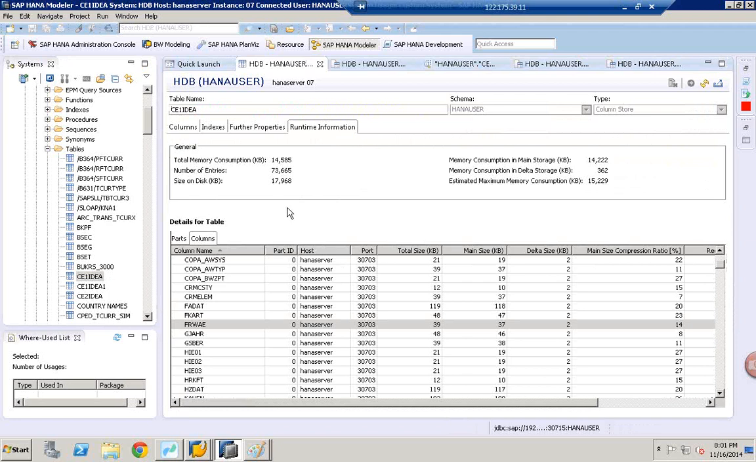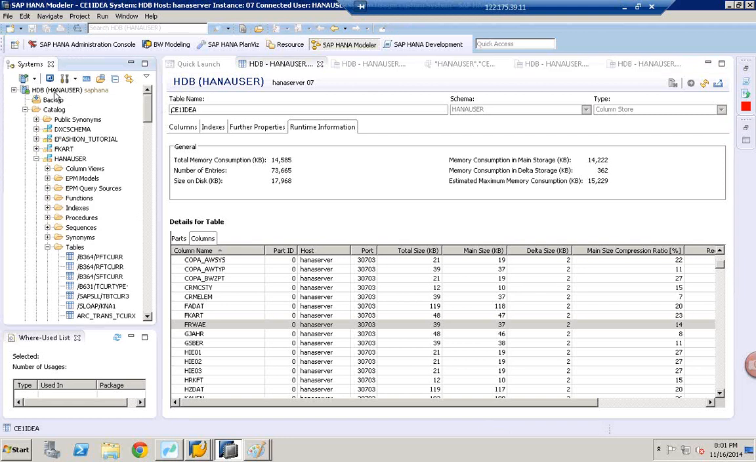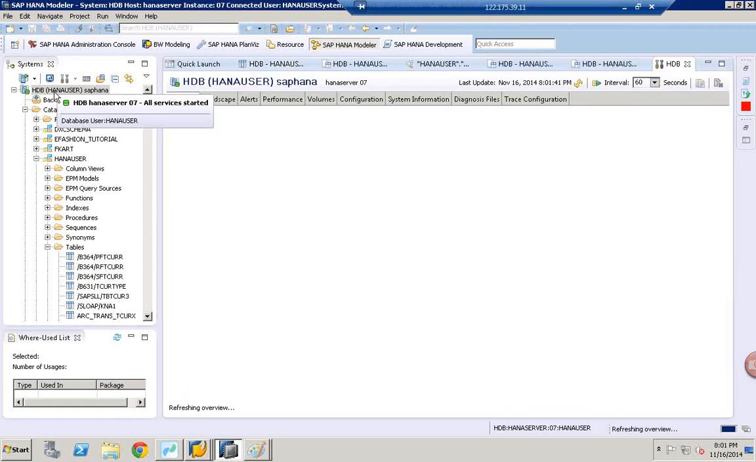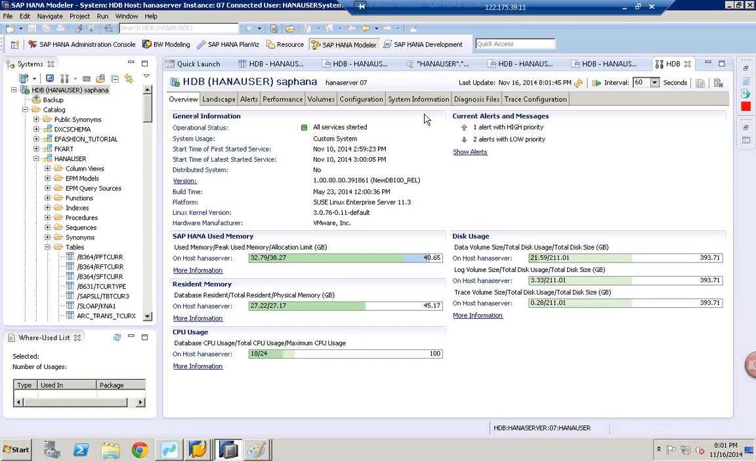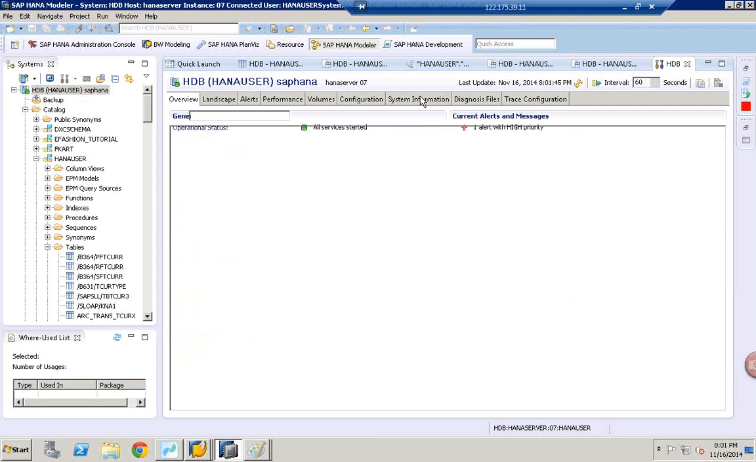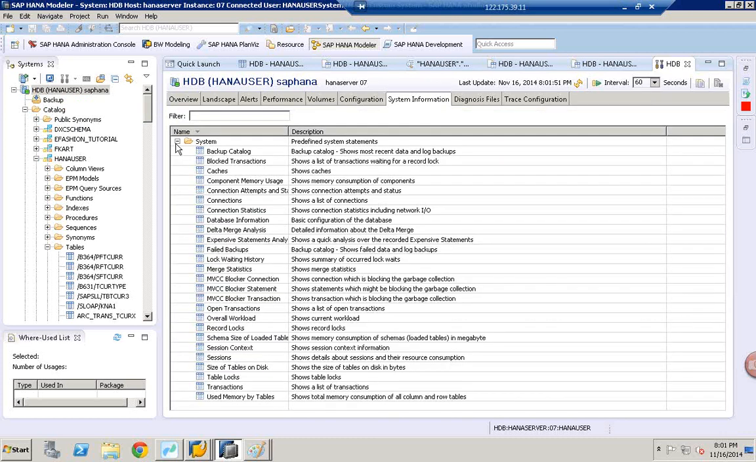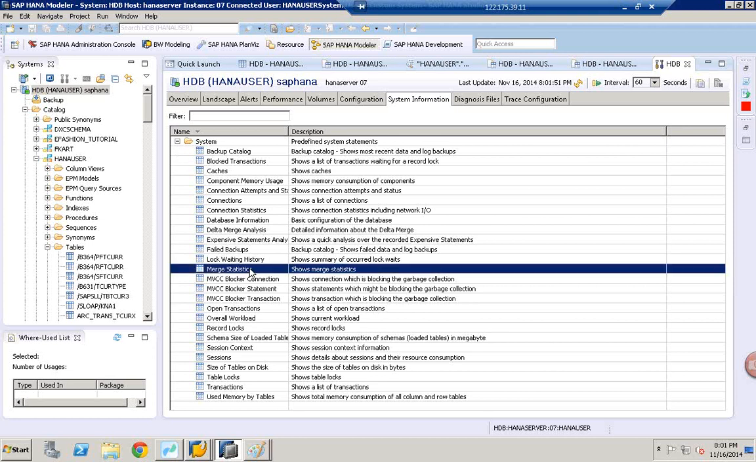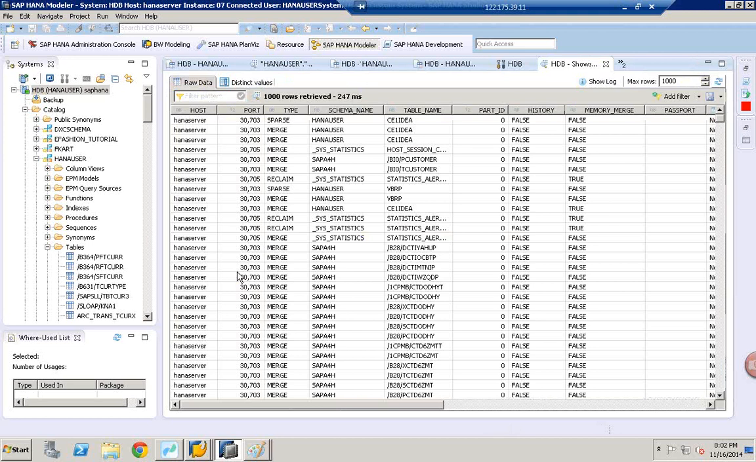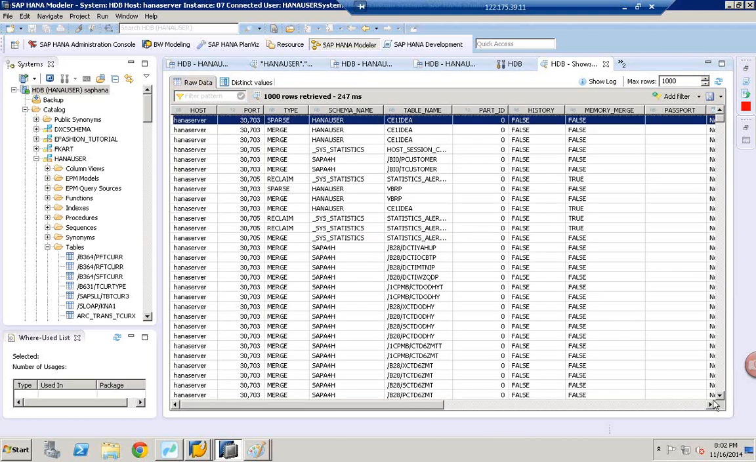If you want to check the statistics of this table, you can double click on the instance. You can go to the system info, expand systems, double click on merge statistics. If you see the first one,